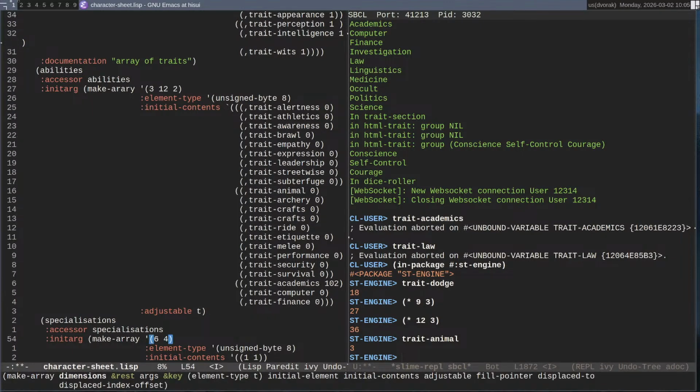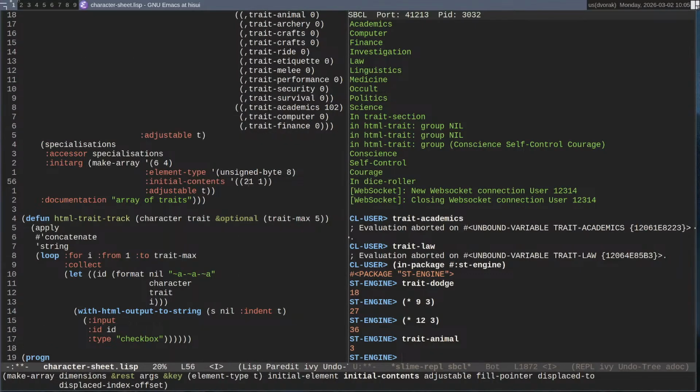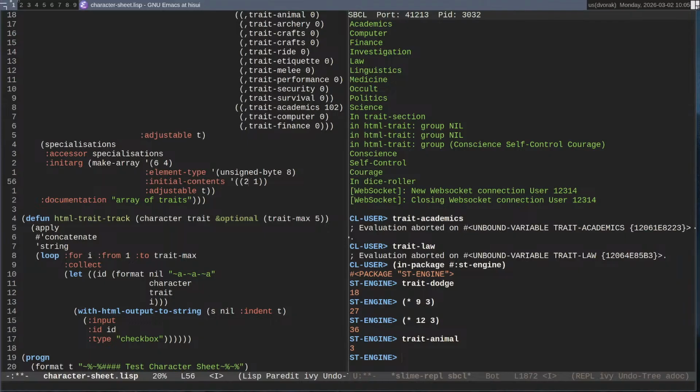Yet, do I overload this, and specializations is also where I keep the strings for the info, and info is just traits.